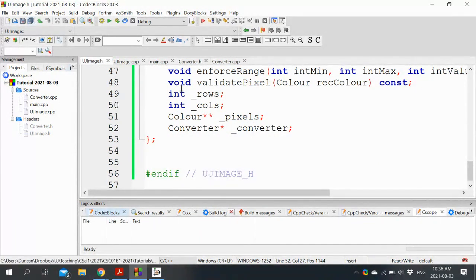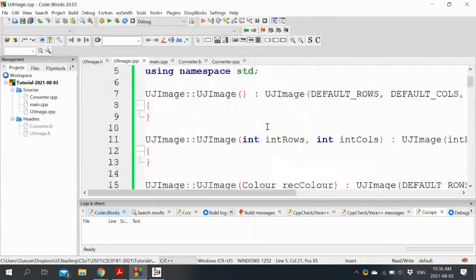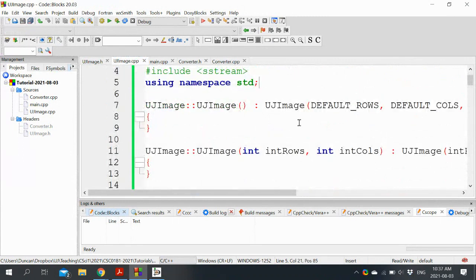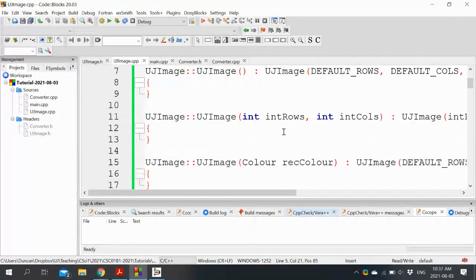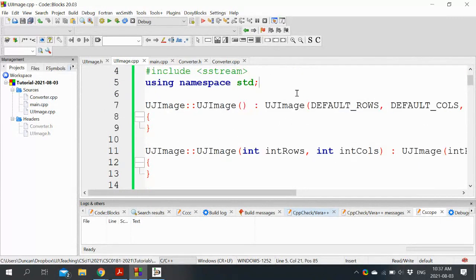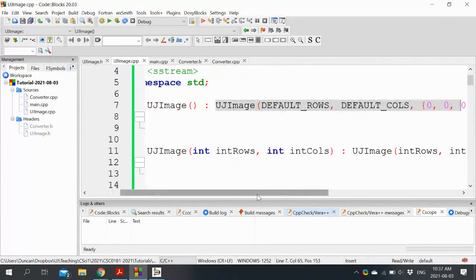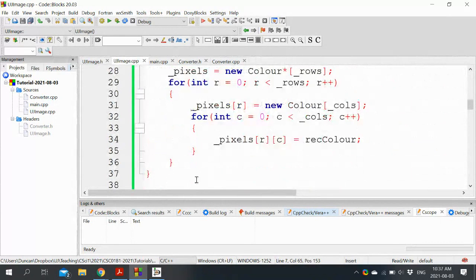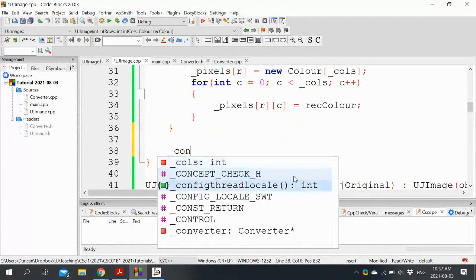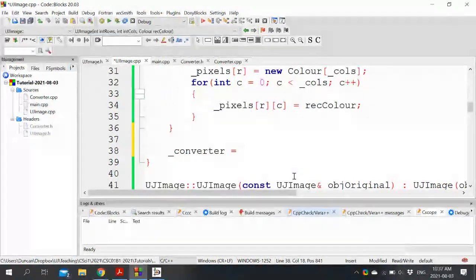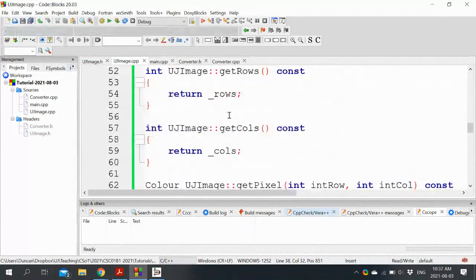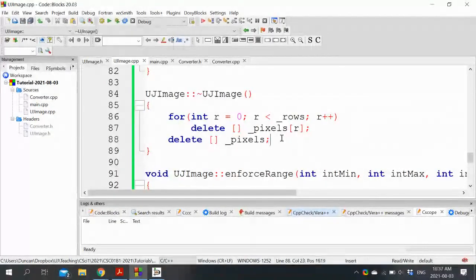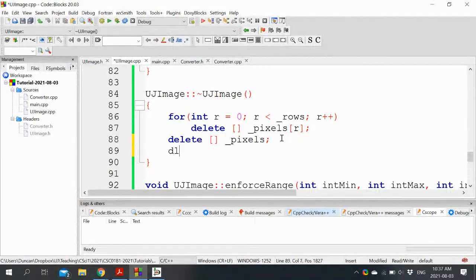Okay. And now we need to modify the constructors and the destructors to do that. Now, we could put a creation thing for the converter in each of these constructors, but that's silly because we want to minimize the amount of code we repeat. So let's just make the one constructor that gets used by all of them be responsible for allocating the converter. And then we know for a fact that it's always going to happen. So we're going to say here in our converter, we'll create you as a new converter. And obviously, likewise, it's now a resource that we're managing. In our destructor, we need to get rid of it.